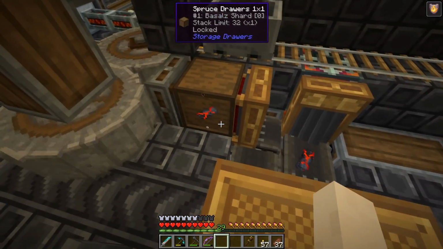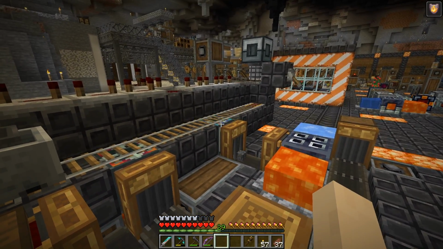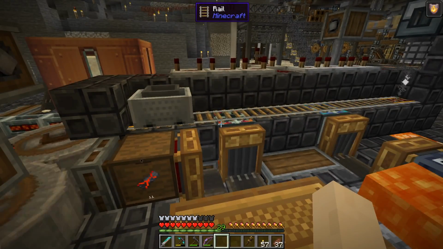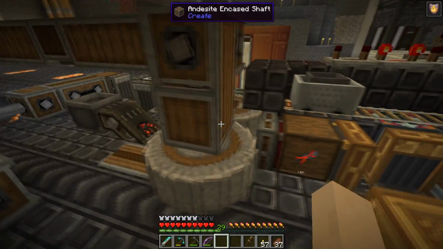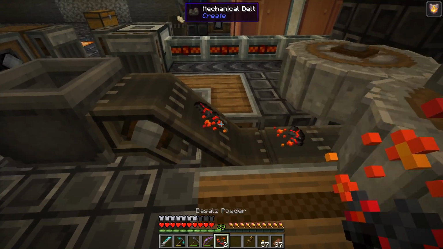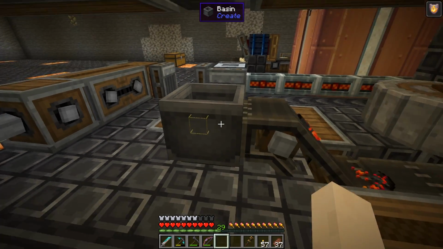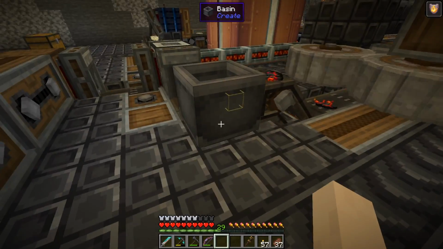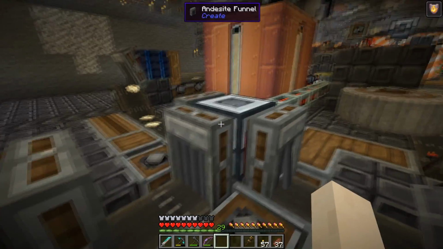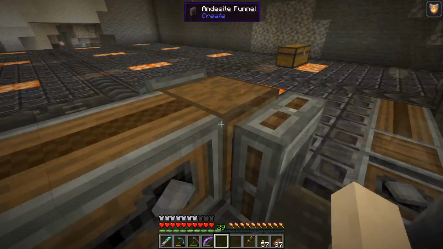The basalt shards go into this box over here. There's extra basalt that it picks up on the way back. That travels over here and gets voided in that crate. So these basalt shards go through a series of crushing wheels right here, and that turns it into basalt powder. Once there's 8 pieces, I think it is, in this basin, this mechanical press crushes it, turns it into the earth charge. That goes into an induction smelter with the sand chunks, and it turns it